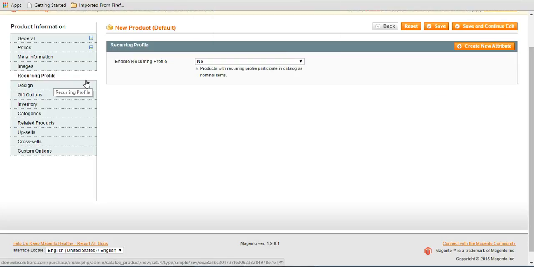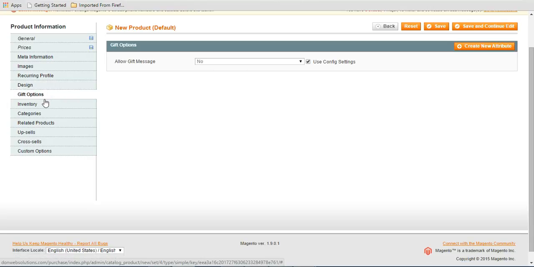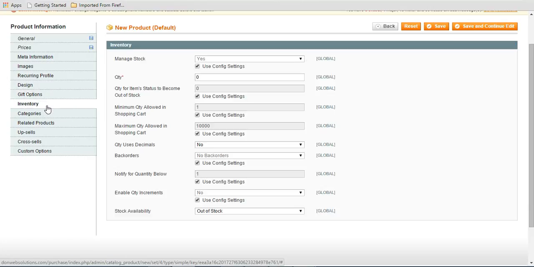Recurring profiles is where you set up a subscription-based product. Design, not necessarily something you have to worry about. Gift options, not something that we are going to be worried about right now. Inventory. This is important. Now, you're going to give your system instructions on whether the system is going to manage